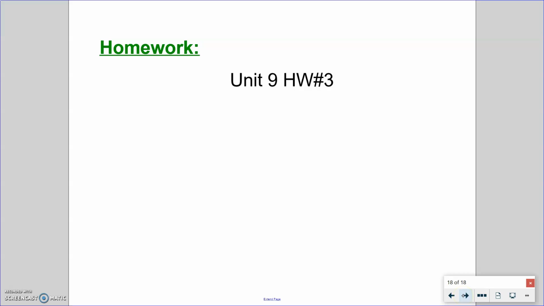And then today I'm going to assign homework number 3, but you will have tomorrow as well to finish it and submit it. So only work on homework number 3, like I said earlier this week, maybe like 20, 30 minutes tops. And then at whatever point you get to, finish it the next day and submit it. So you're kind of not doing too much all at once, okay? But it's up to you. I mean, if you want to just knock it all out right now and submit it, you can,